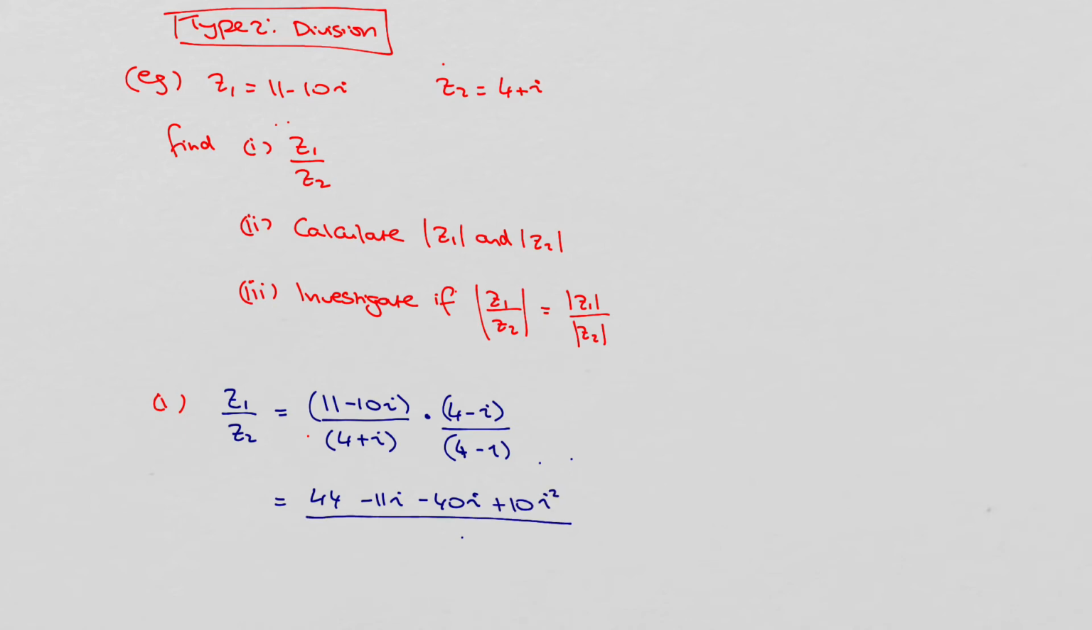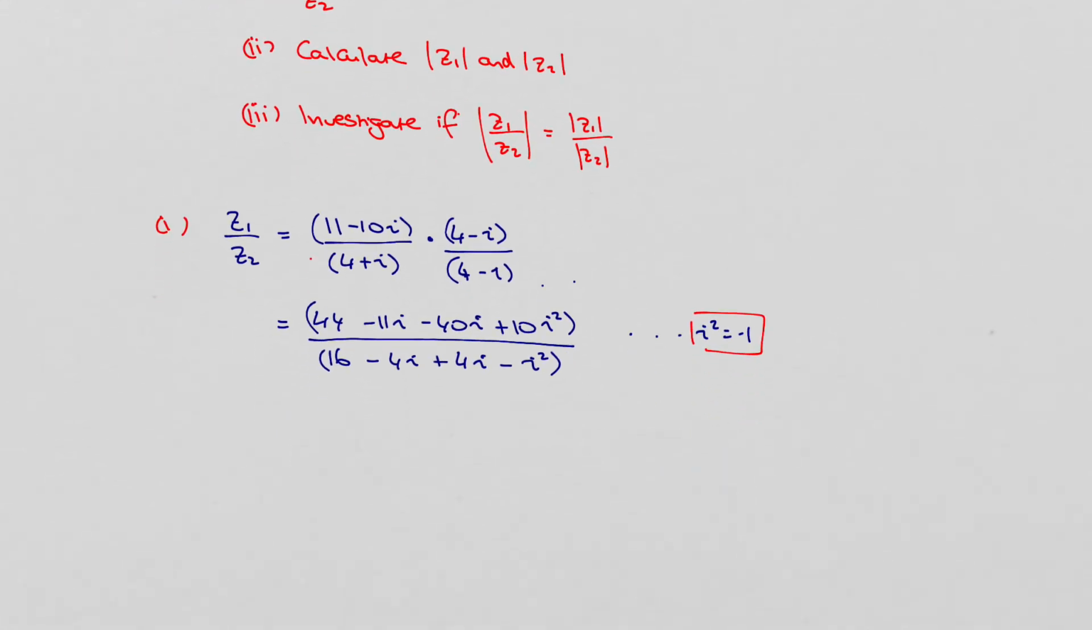On the bottom we have 4 by 4, which is 16. 4 by minus i is minus 4i. i by 4 is 4i. And i by minus i is minus i squared. So again, we have to remember that i squared is equal to minus 1. So simplifying that then gives us 44 minus 51i